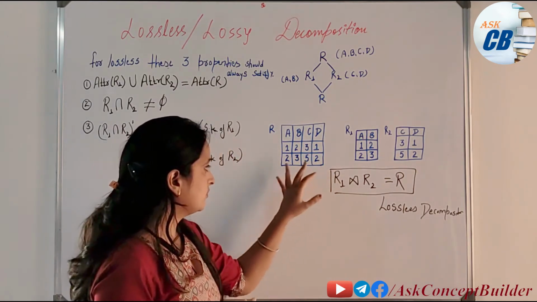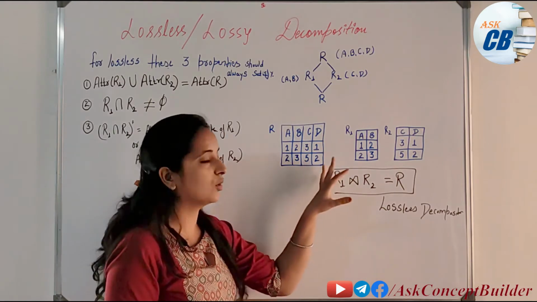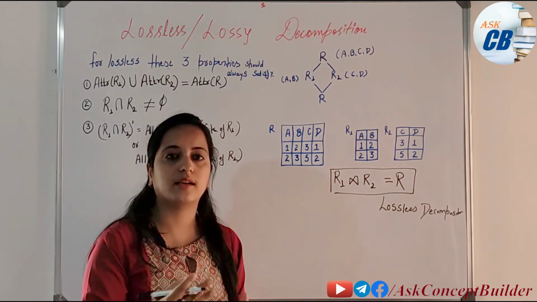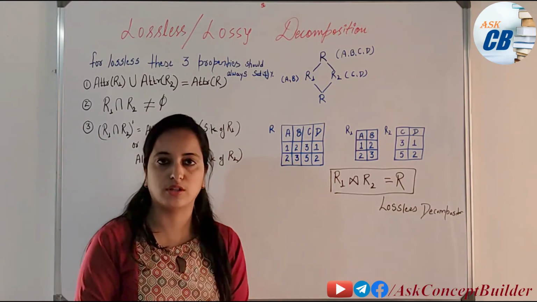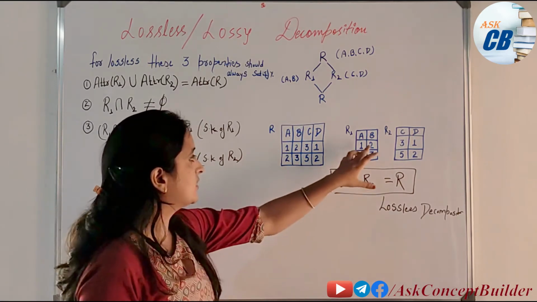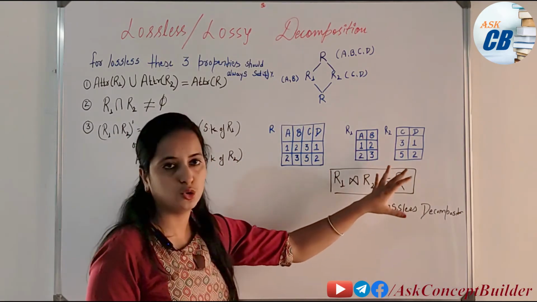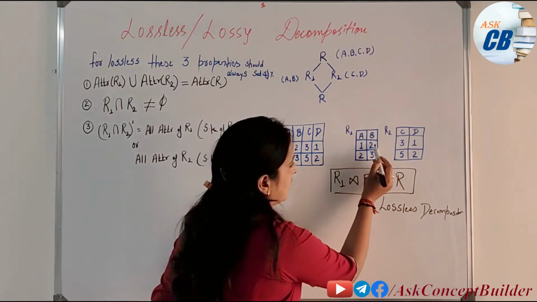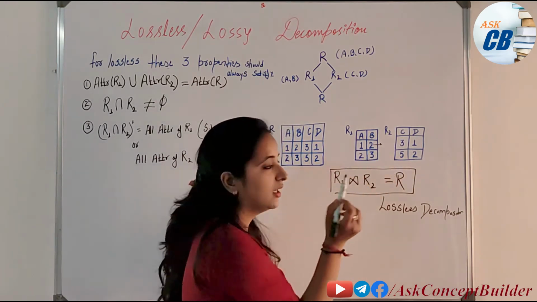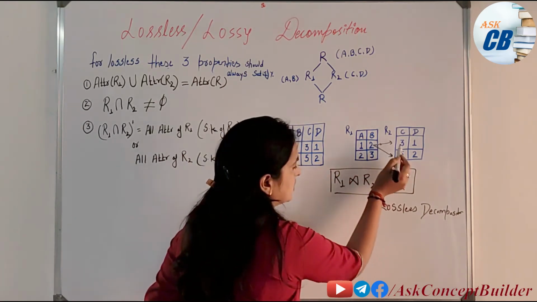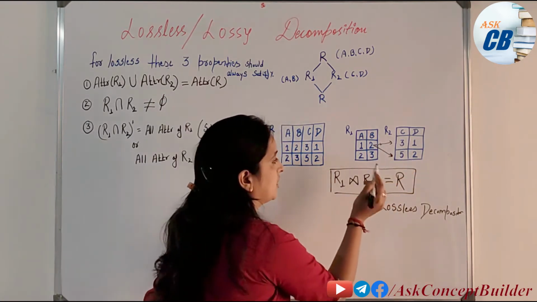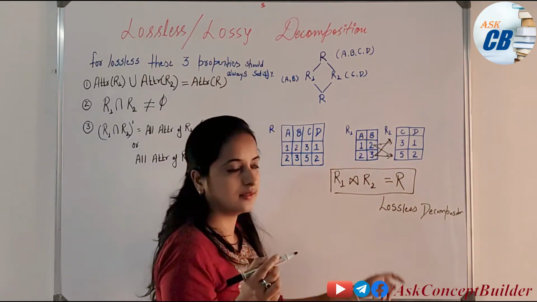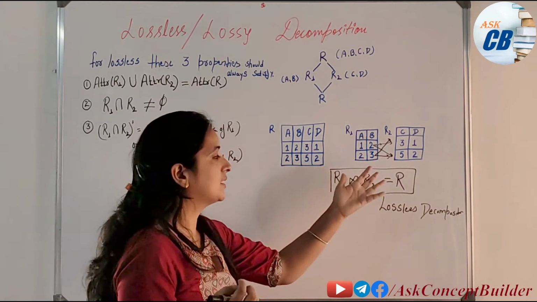For understanding, I will show you how we will combine this. Then in other examples we will discuss how questions are asked in exams and how we have to solve them. So this is our R1 and R2, and now we have to join them. Join means simply Cartesian product. The first tuple, 1 2, combines with both tuples of relation R2, and again 2 3 combines with both tuples of R2. This is simply the Cartesian product.